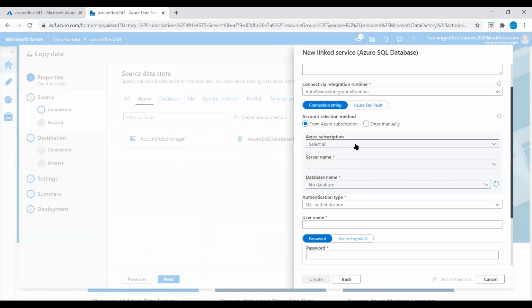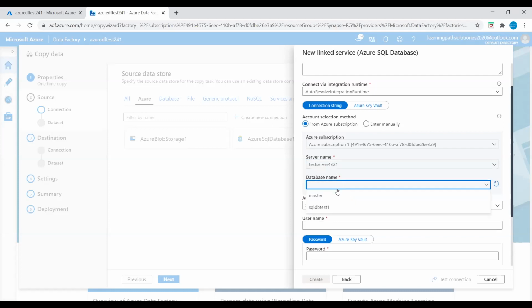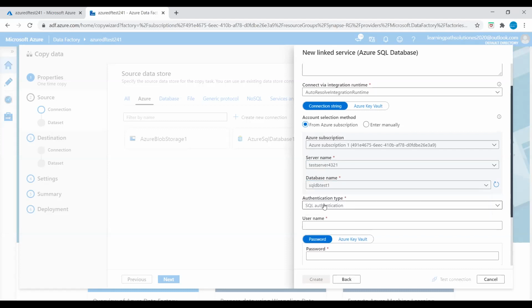And we need to establish the connection, select the Azure subscription, and then server name, test server, and then database name, SQL DB test one. This is Azure SQL database. We are loading data from this to Azure Synapse. So we are